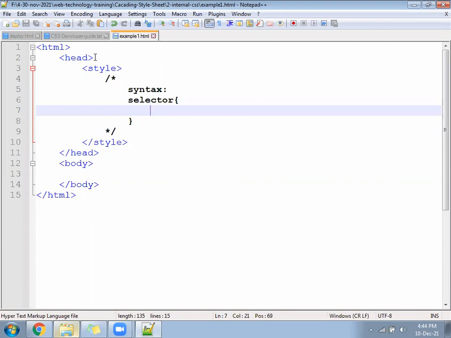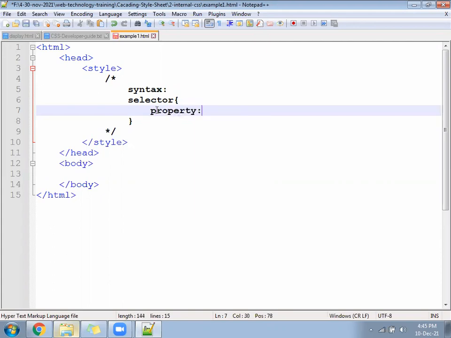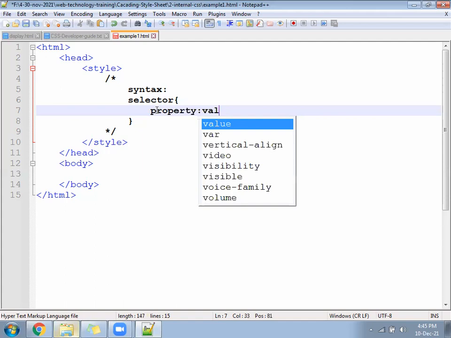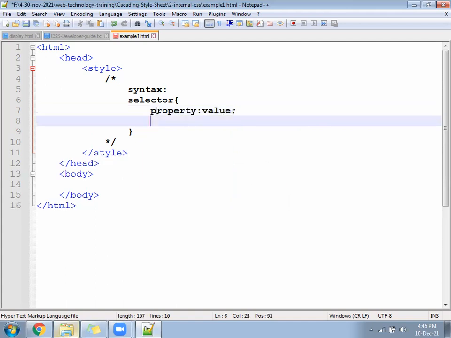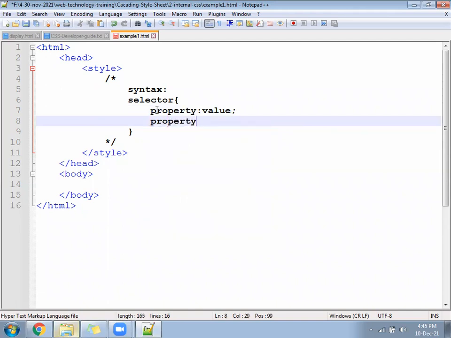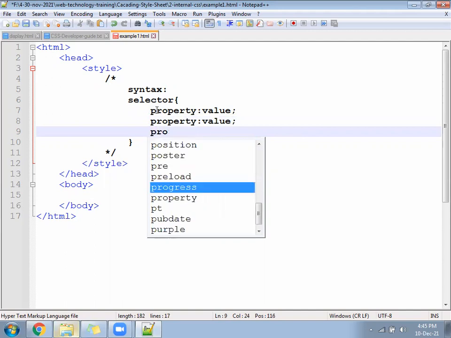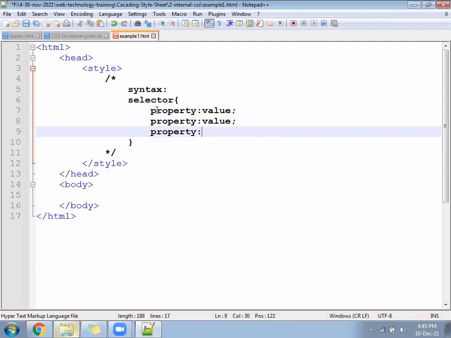Okay. Selector, flower bracket open close. Now inside that you write the property, colon, value. You can write the next property, colon, value. Write the next property, colon, value.